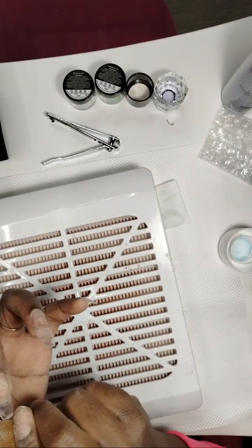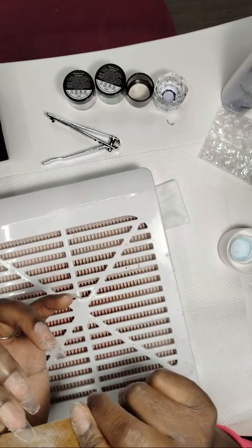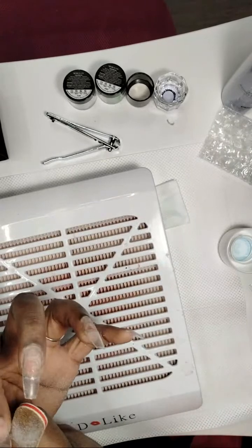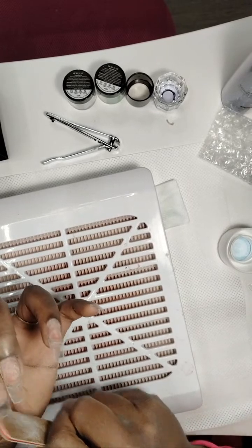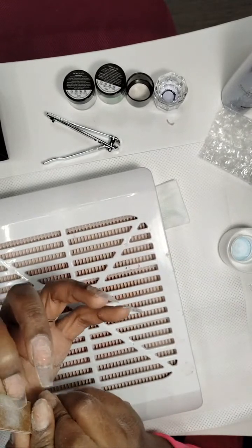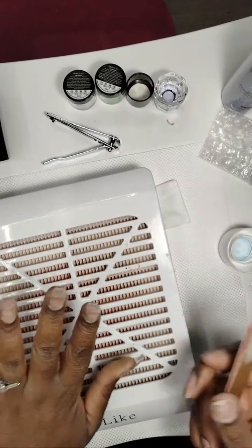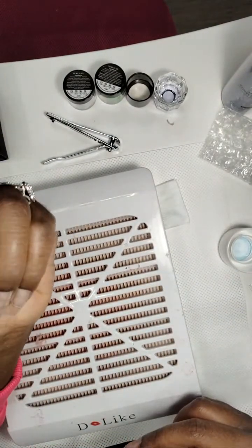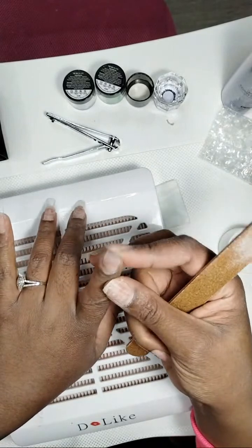Okay. Oh, my finger is so crooked. The actual finger. I did a good job of laying it on there, but